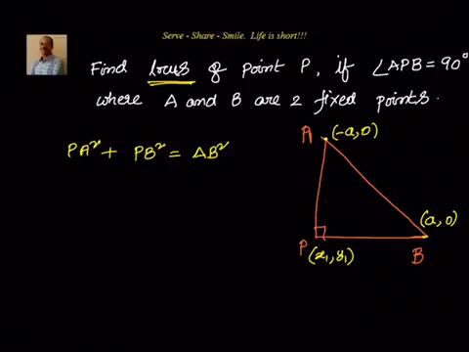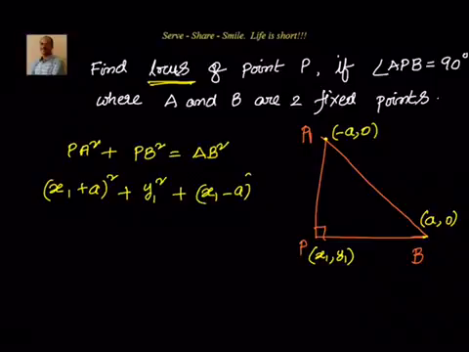PA square is x1 minus of minus a, that is x1 plus a whole square, plus y1 minus 0 whole square, that is y1 square, plus PB square. PB square is x1 minus a whole square plus y1 square, equal to